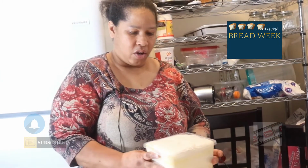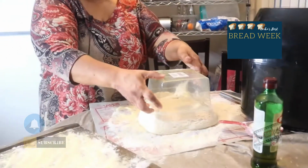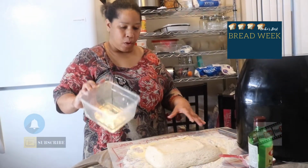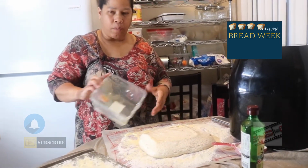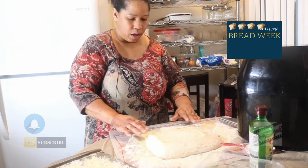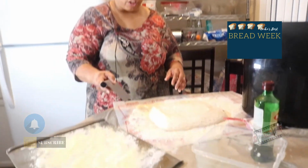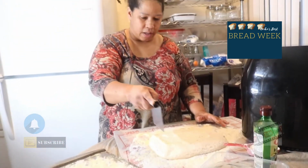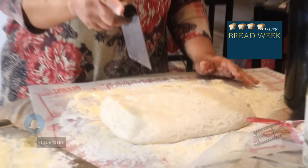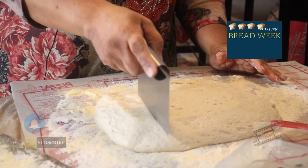So once you have it, you're just gonna slowly turn it out on your board. Because this container is square, when you pour it out, it's gonna give you kind of a squarish shape. So it'll be easy for you to be able to cut it and get it onto your sheet. So you just want to let it fall in its place, and I'm gonna make 3 loaves, or maybe I'll make 4 loaves. It's supposed to make 4, so I'm gonna just eyeball it,